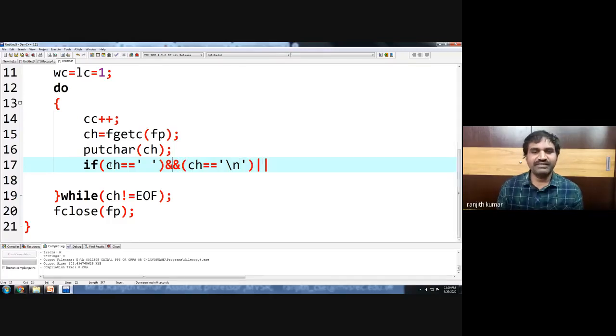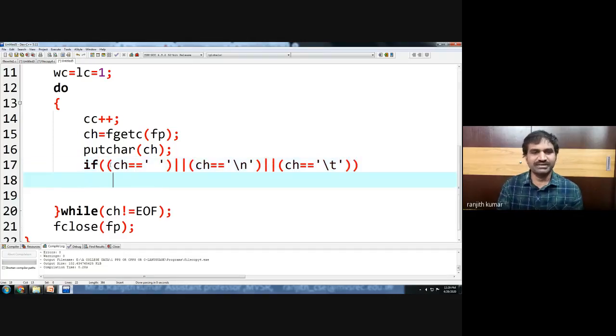Either if it is a new line, or else a tab, ch double equal to tab space. Any one of these conditions is true, means there is a word count increment. So word count plus plus. Increment the word count.